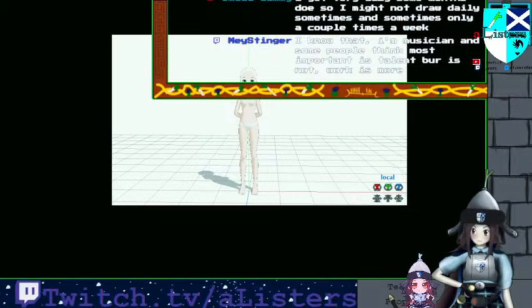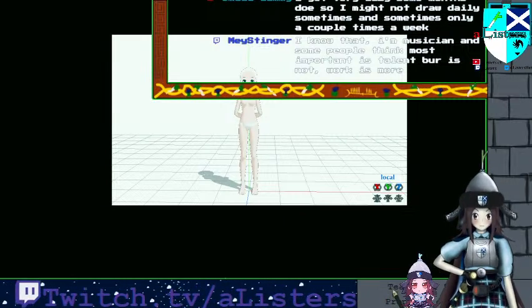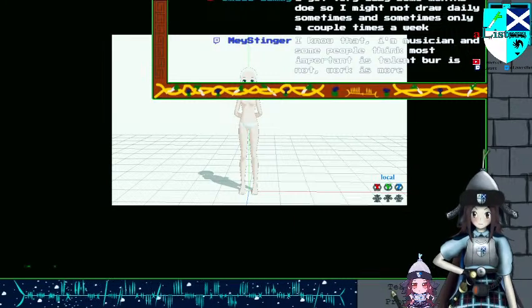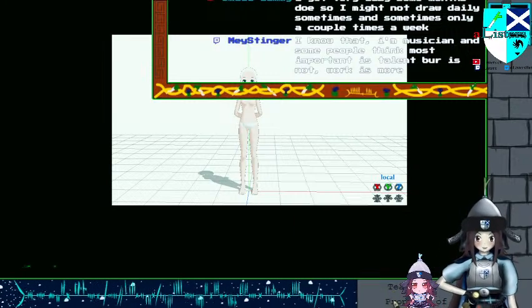To put it through here. And then I'll paste this into Krita.